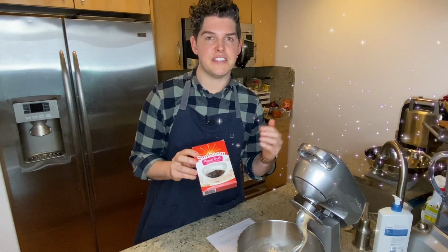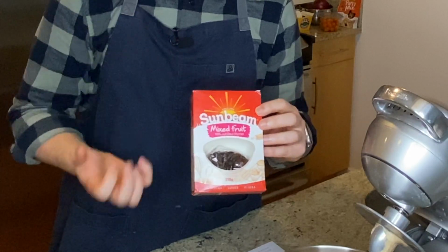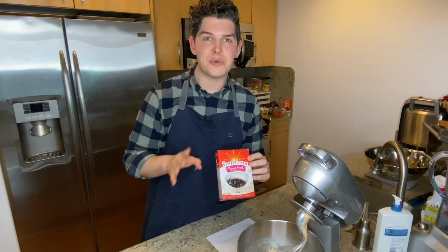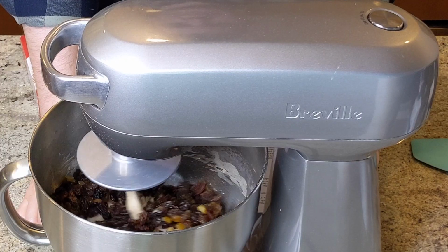At this point, we're going to add in the dried fruit. And I ordered this box off Amazon because it had all of the ingredients that Cupcake Jemma recommended. It includes sultanas, dried cherries, currants, mixed peel. However, if you don't want to order this, by all means, plain raisins, plain cherries, you name it, it's totally fine. So I'll just dump these all in, and then we'll mix this over medium-low just until the fruits are